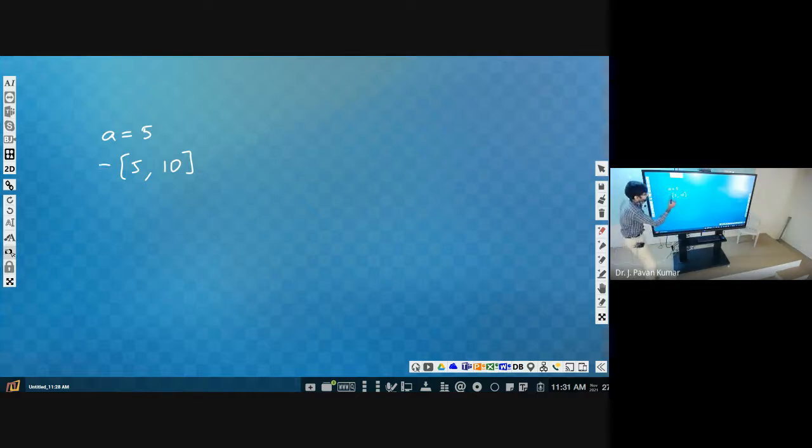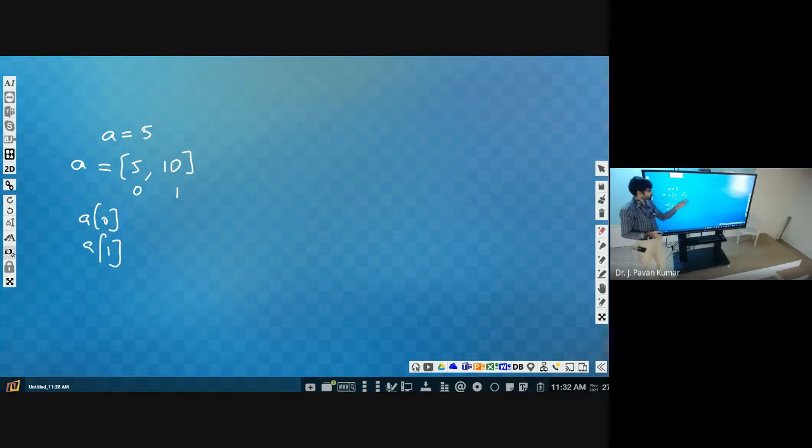So this we can assign to the variable, then we can say a is a list. Is this correct? Now how can we access 10? By using the index. How can we access 5? By using the index. How can we differentiate 5 and 10? By using the index. Index starts from 0, 1. So a of 0 we will get 5, a of 1 we will get 10.